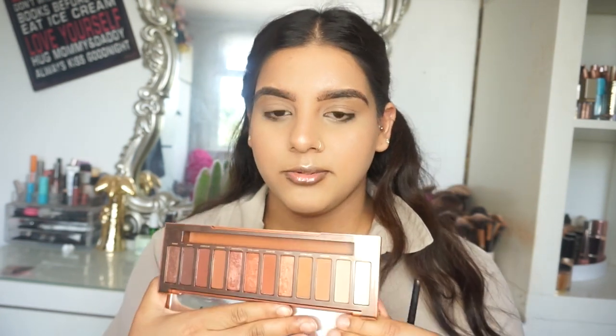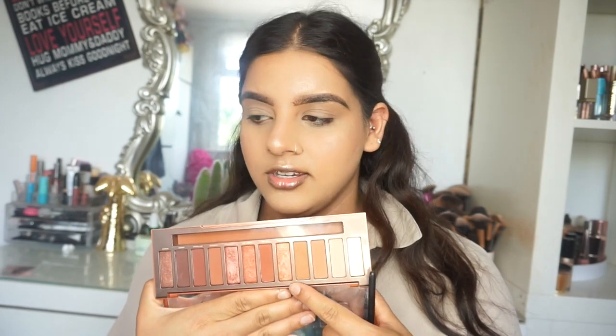Yeah, like I just never use it and I don't know why. I think I just forgot about it. So I figured, you know what, if I use a red look I could probably actually pull off a couple of these and actually use it and see how it works on my eye. So bonus. I'm going to go in with the shade Low Blow, which is that shade right here,